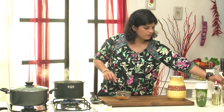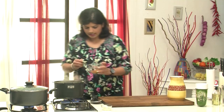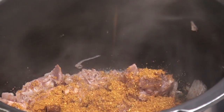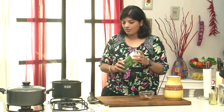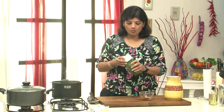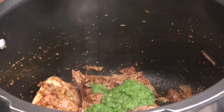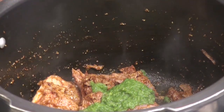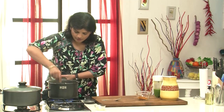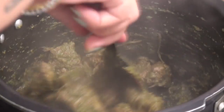Now the powder masala which we had done, let's add that to this. Remember the green paste that we had made? Now we have to add this green paste to the mutton and cook it for a few more minutes. The entire spiciness you can adjust by adding in as much of green chilies as you would want. So after you have sauteed this up completely like this,